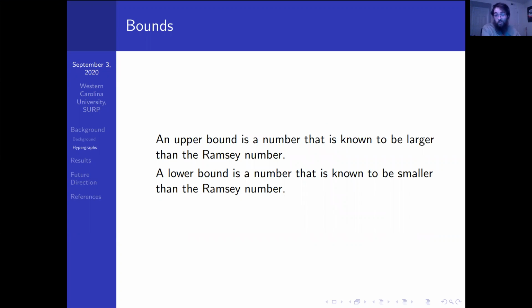Our methodology was done by finding bounds, upper bounds and lower bounds. An upper bound is a number that must be bigger than the Ramsey number, and a lower bound is a number that must be smaller than the Ramsey number. Upper bounds are generally found by showing that a certain subproperty must exist at a certain point, in our case, a subgraph. And a lower bound is done by showing that a certain subproperty or substructure cannot exist at a